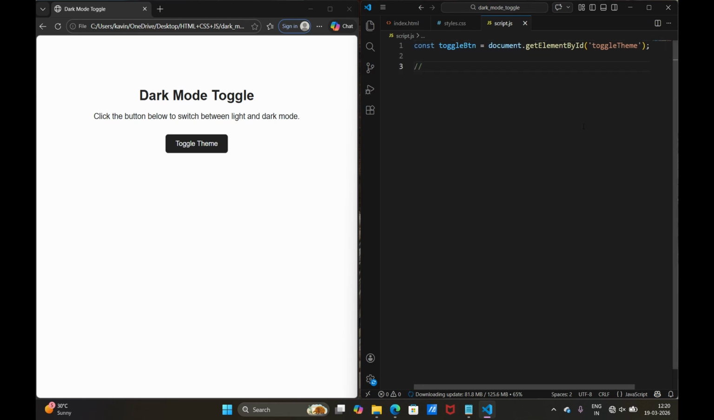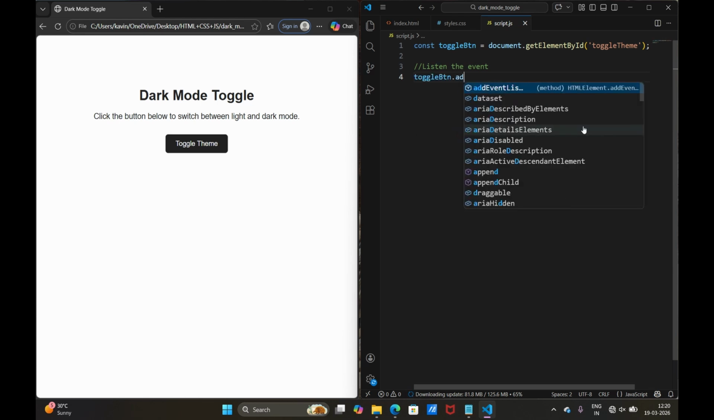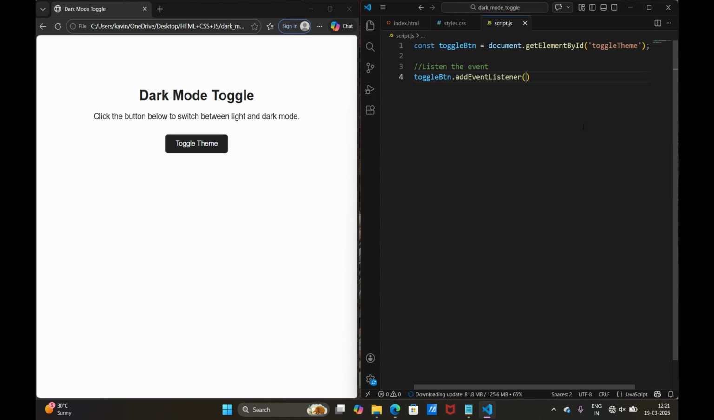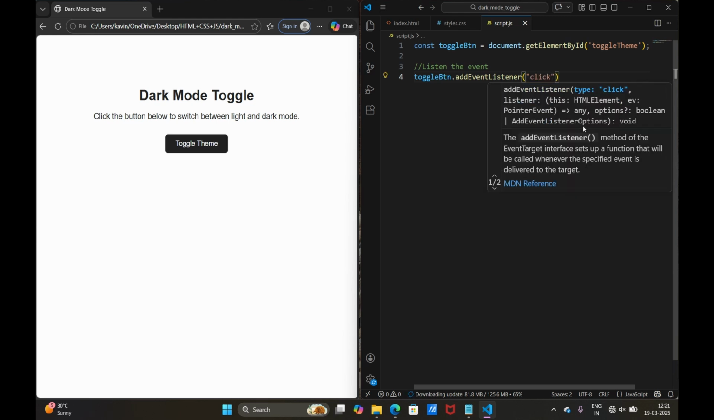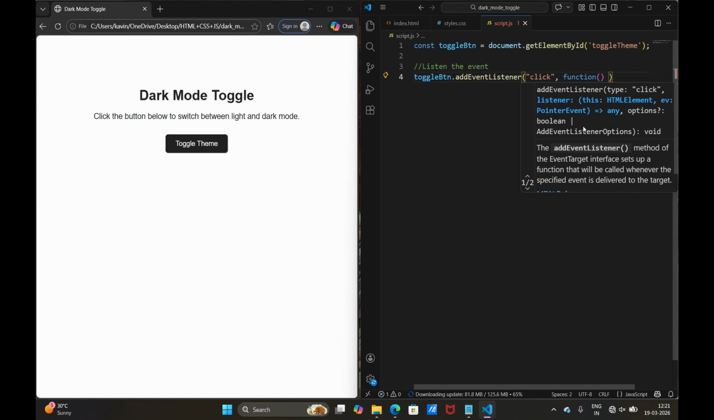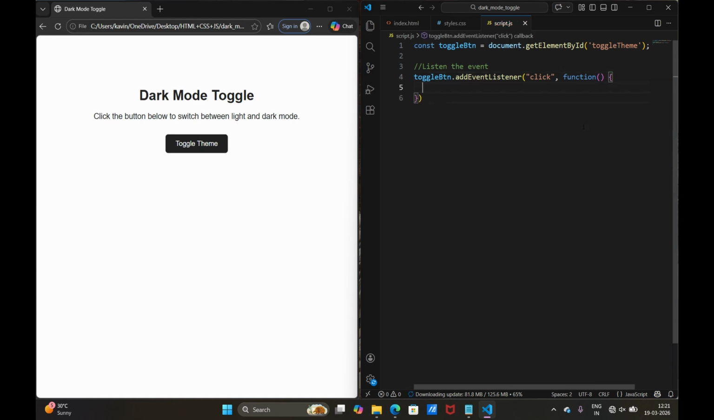we have to listen for the event. So for that, we have to add addEventListener. Select the toggle button, add event listener, and the event is the click event. And when the click event happens, it should execute a function,